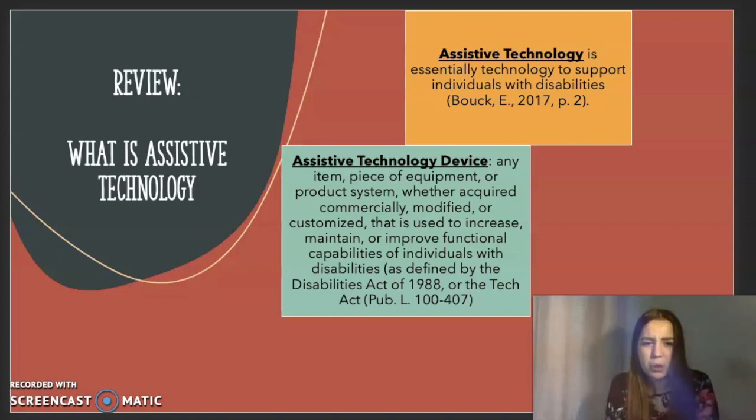However, Minecraft is a more innovative, progressive approach to classifying it as assistive technology. On the following slides, I'm going to explain how Minecraft can help improve functional capabilities of individuals. But Minecraft is a piece of equipment. We have acquired it, whether you have an office email or paid for the licenses, and it can improve functional capabilities for individuals with disabilities. And in this case, again, our target population is students who have autism spectrum disorder.